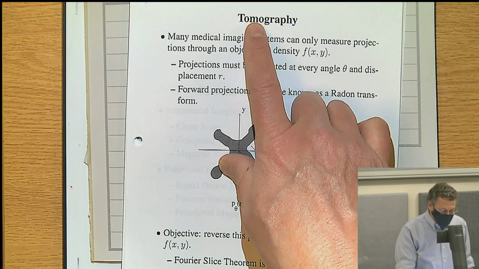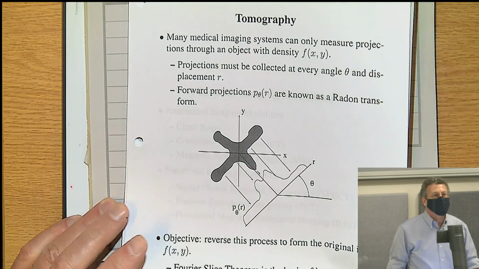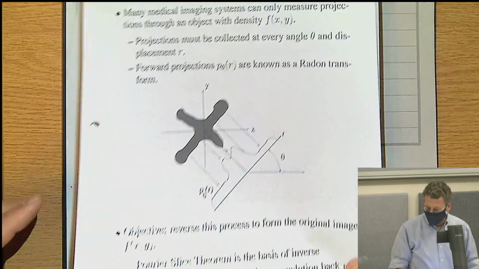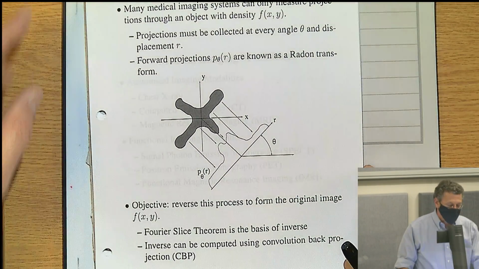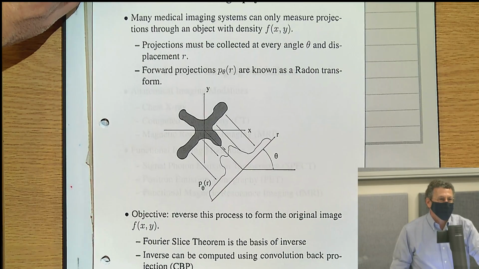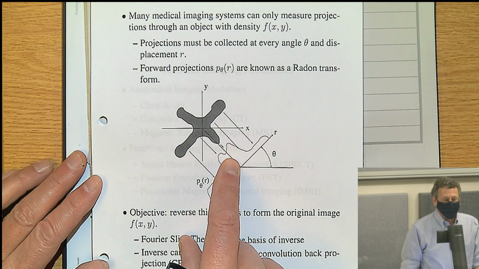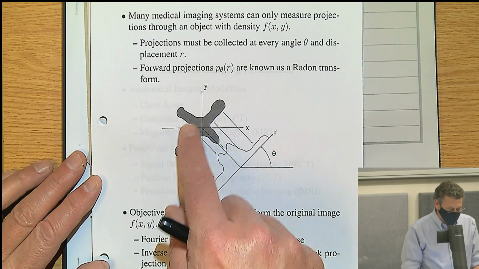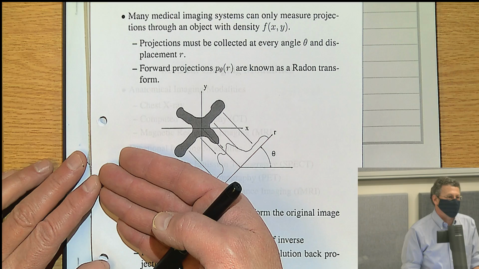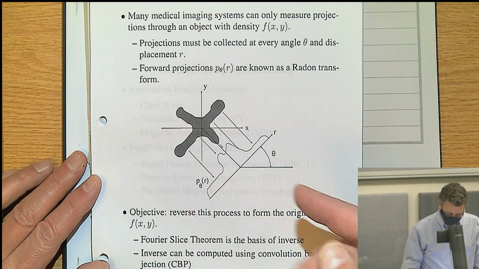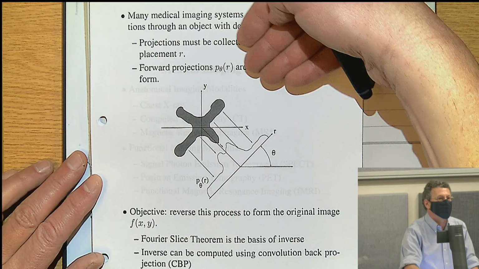And the word tomo means slice. So the idea now, but we'll start off by talking about the 2D problem, even though it's really motivated by the 3D problem. And in the end, most tomography problems are 3D. But you can start with the 2D. In the 2D, the idea is this. You have X and Y, you have some object. And you imagine you take a slice of the object. So it's now a 2D slice. And you view that object at different angles.